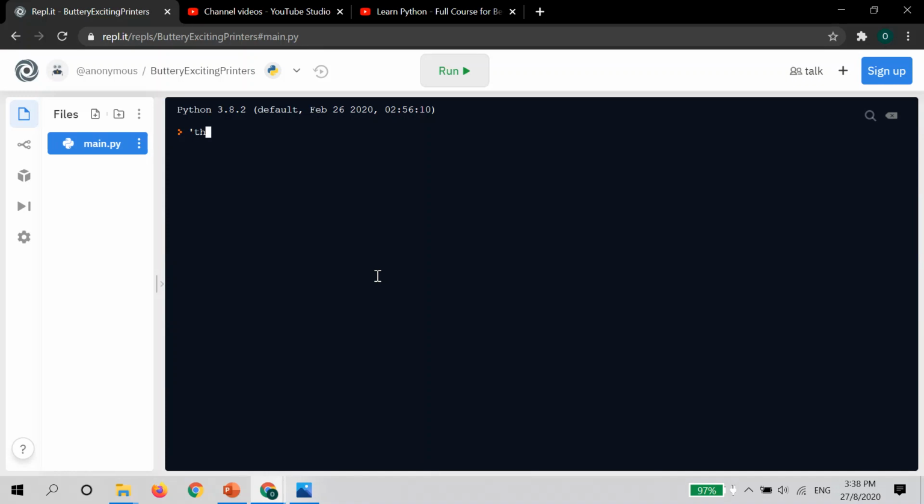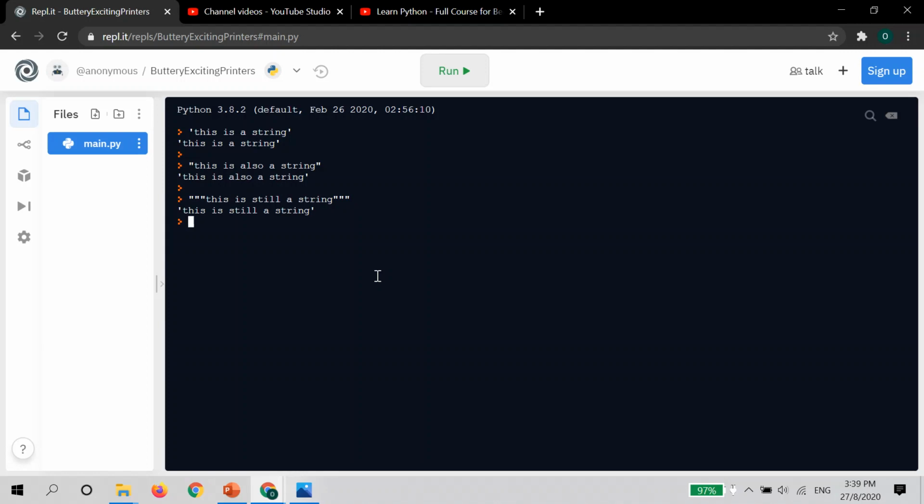This is a string, single quote. So this is basically how we define a string in single quote. You put a pair of single quotes and you put the data in the middle. Double quote, this is also a string. This is how we define a string in double quote. Triple quote, this is still a string. So these are the three different ways to define a string in Python.